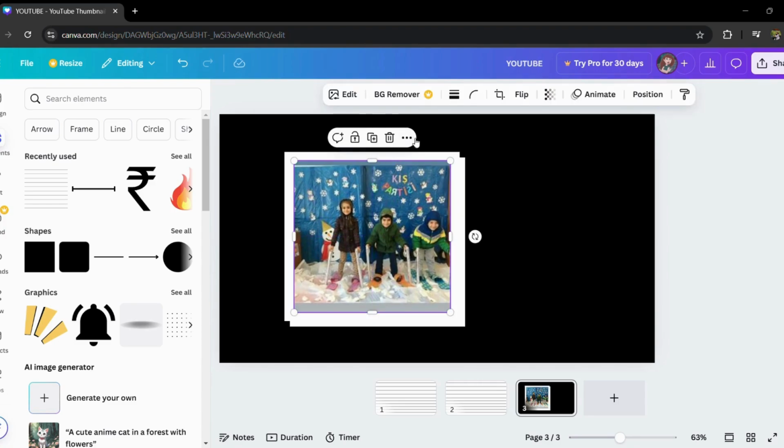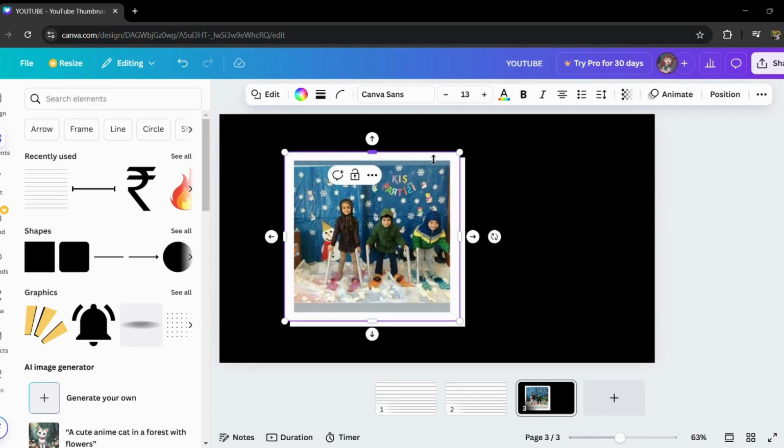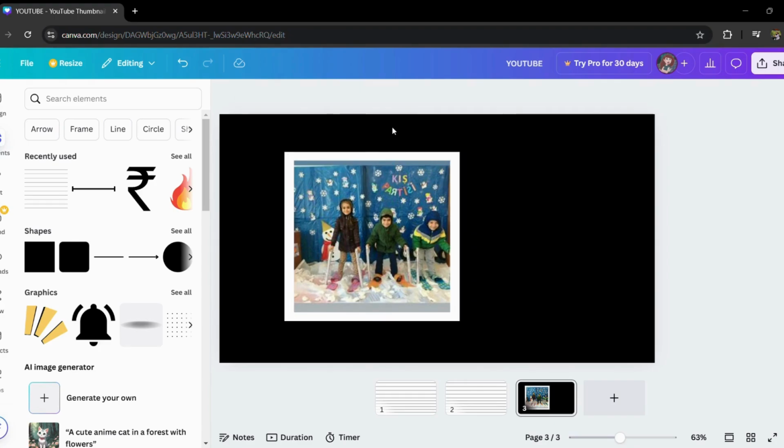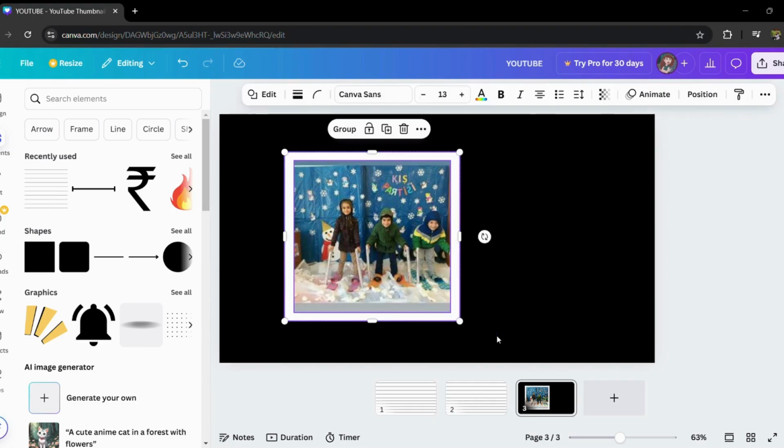Let's delete the previous one over here, and now you can simply group it, make a group,